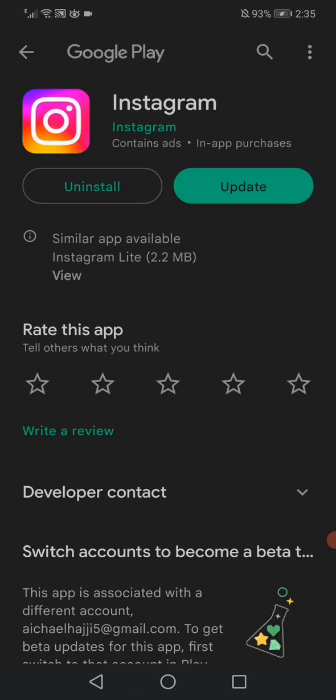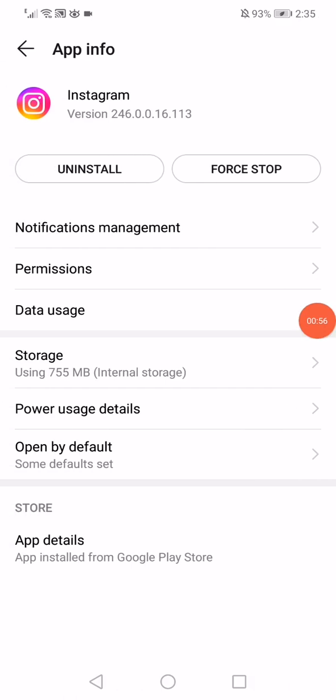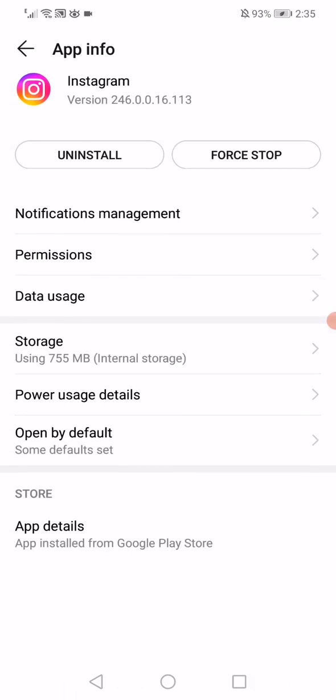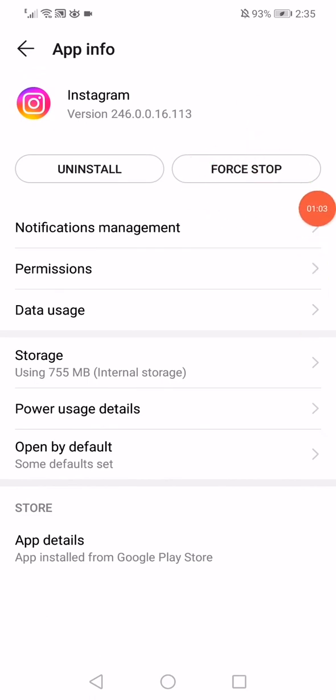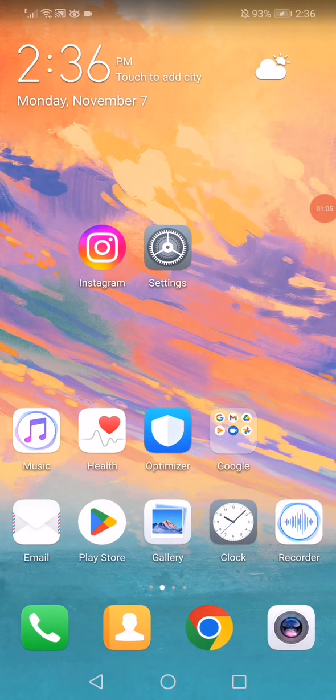So all what you have to do here is simple, just make sure to click update to update your Instagram easily and fast, and then all what you have to do is click on force stop again and reopen Instagram,